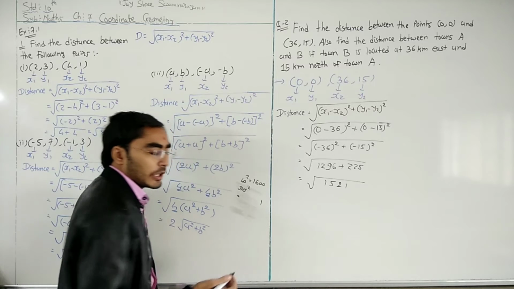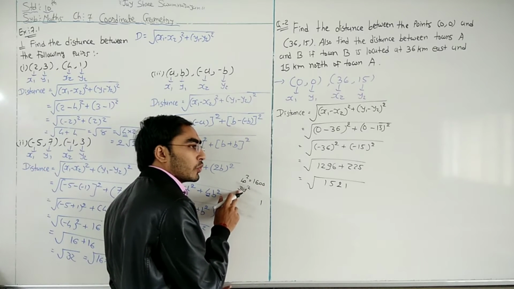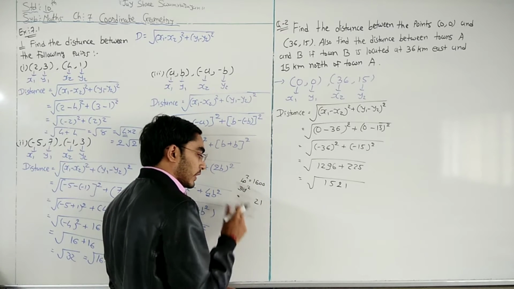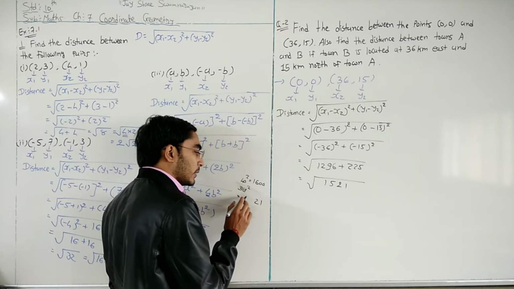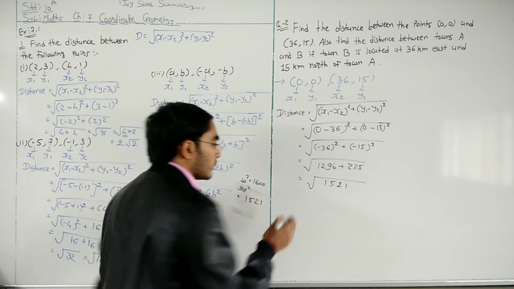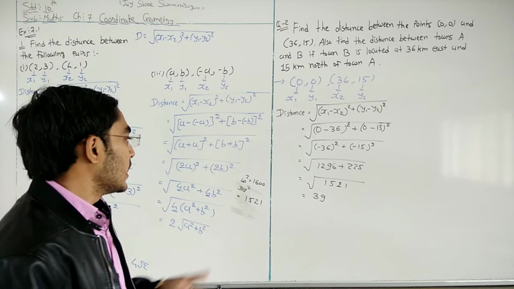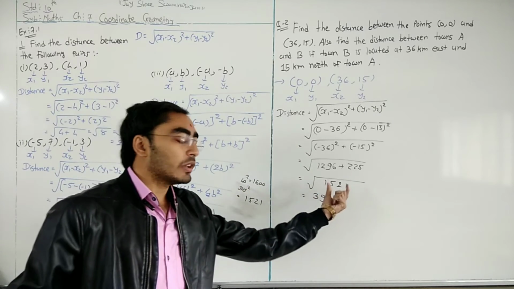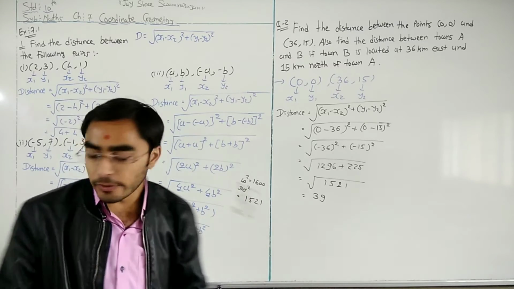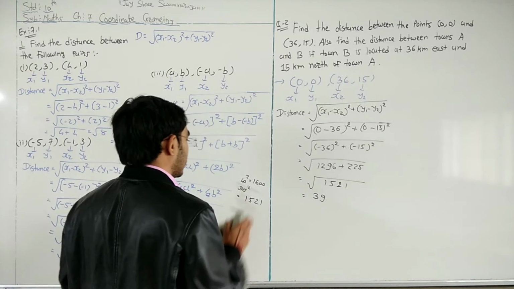39 all square. 9 square is 81, remainder 8. Directly we can even find it. 9 3s are 27 into 2, 54, 54 plus 8 is 62, so 6, 3 square 9, 9 plus 6 is 15, yes, so 39 square is 1521. So the square root of 1521 is 39. How can we estimate it? I know that 40 square is 1600 which is near about this. So just try out 39 whole square. It is 1521. So the square root of 1521 is 39. Okay.